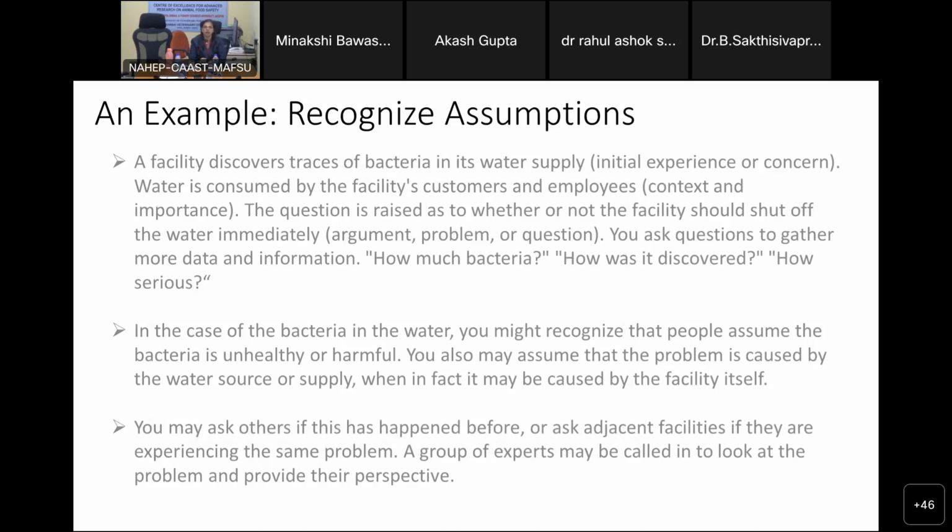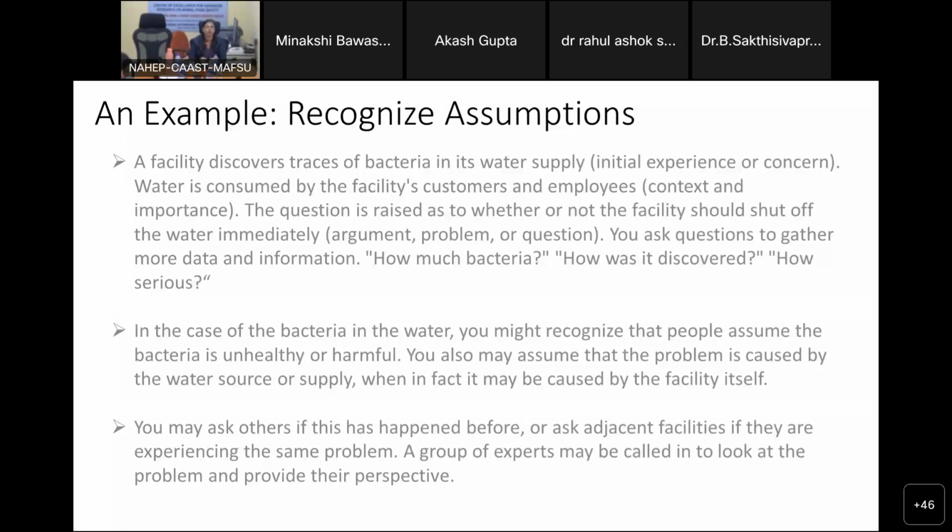So maybe because of that also it is possible that this contamination has taken place, right? In that case, you have to take it into consideration. Otherwise, you will keep calling the water department and telling them that we are finding bacteria in the water, and they will say, from our side there is no problem, we don't have any problem. And then here people will start to fall sick. So that is where you have to consider the other possibilities, why this problem is arising, and what we have to do. Otherwise, you will keep telling them, and they will say they are not taking any step to make it proper.